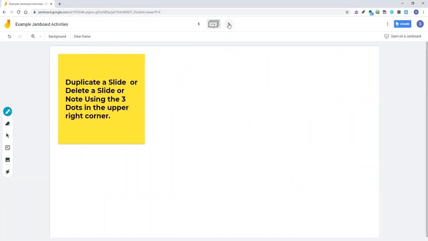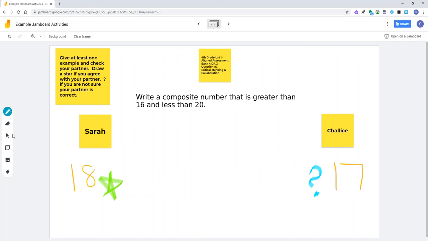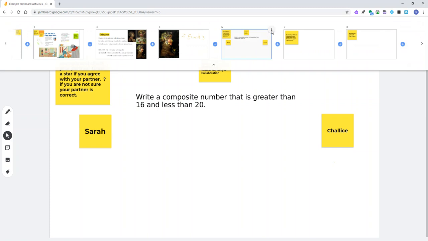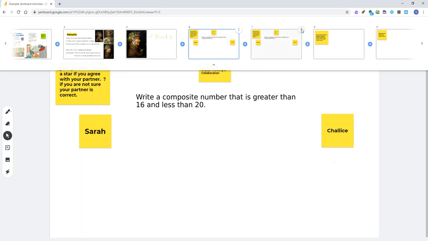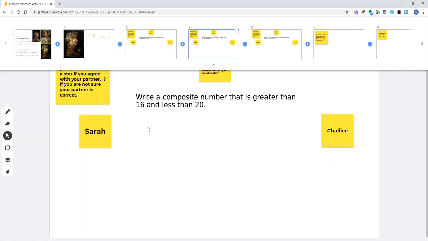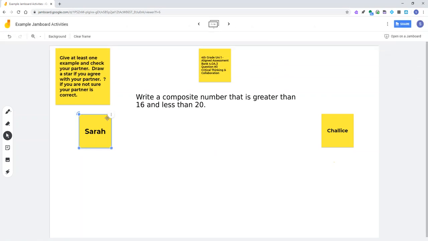For this last one, I wanted to show you how to duplicate or delete a slide. So if I come back to this one, let's imagine I have this set up. I'm going to erase this work that I have in here. And I've set this up for one student. Rather than do this for all the kids and retype it, I can come in here, I can click on the 3 buttons to the side, and I can duplicate that. So you could easily duplicate for multiple students